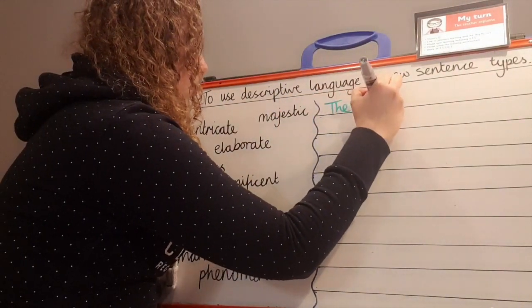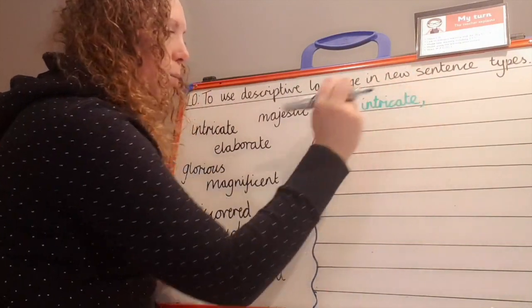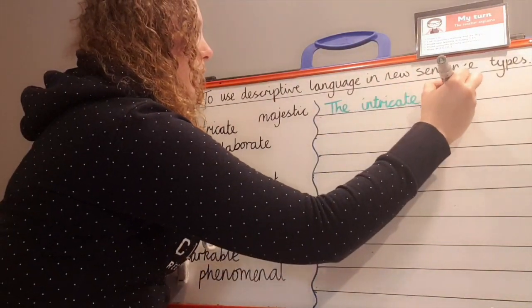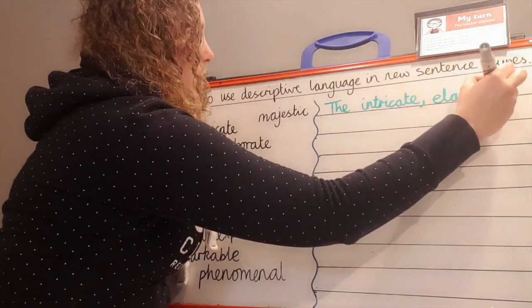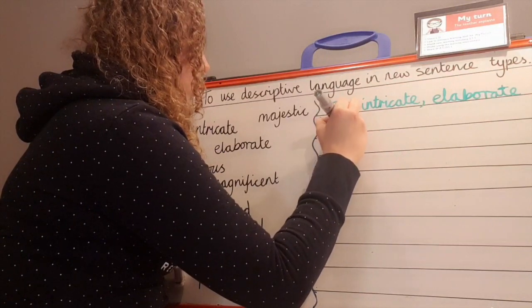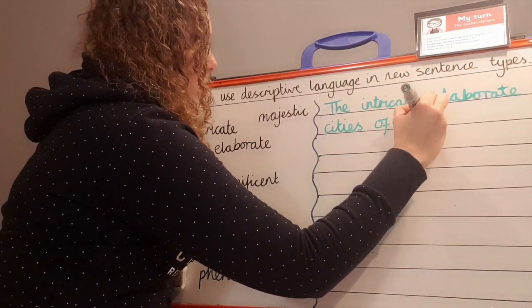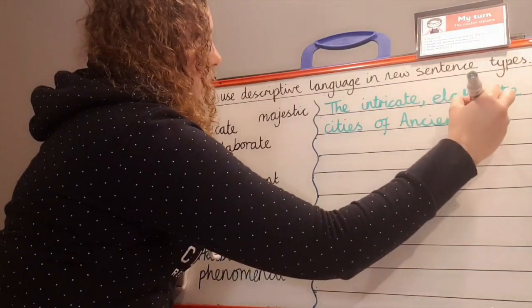The intricate, I need my commas, expanding noun phrase. Elaborate cities of ancient